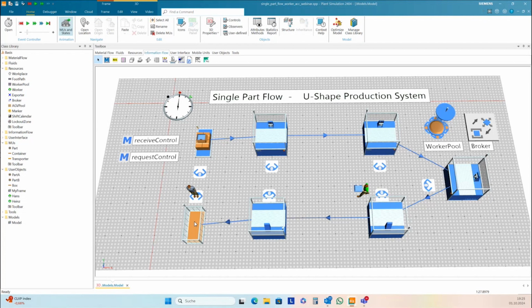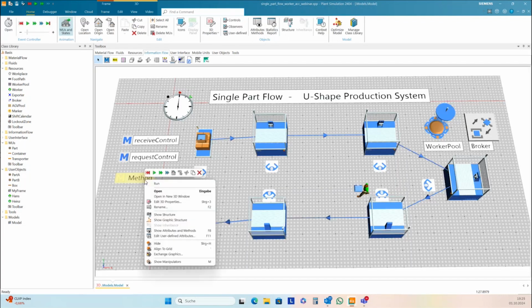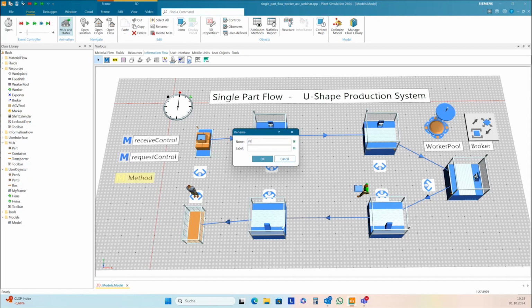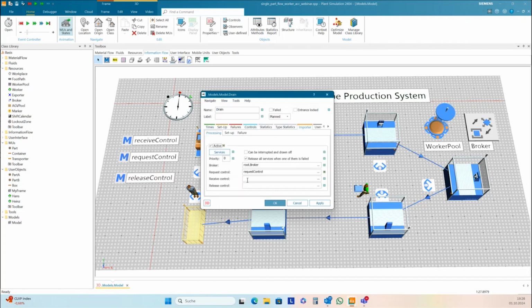And the release control we can use to make some statistical recordings, for instance, or in this case, to switch on the automatic mediation again. And so we need a third control. Release control for the train importer.